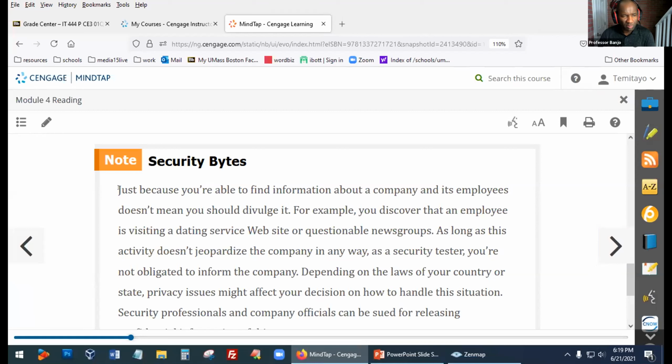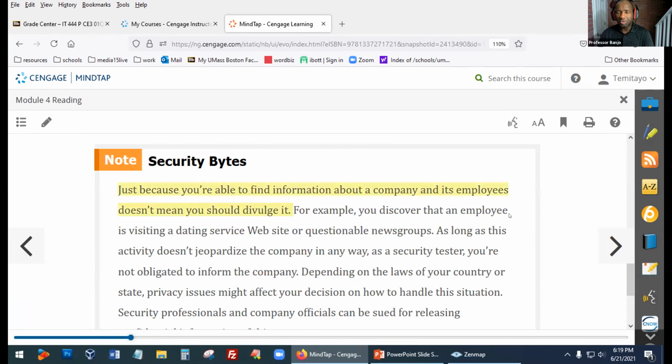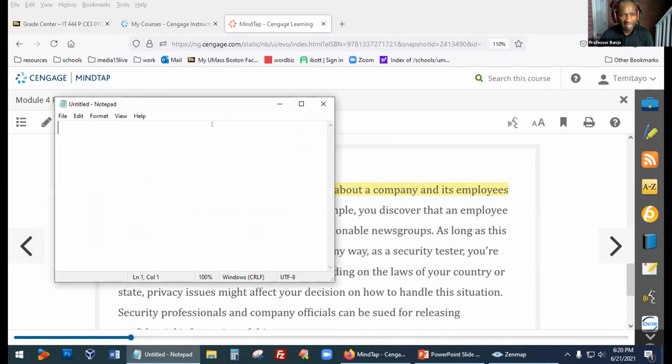So I'm sure we've talked about this before, about penetration testers and just your job in general, your security job. You're always going to find information on the job. In fact, besides security, just as an IT person, right, you're going to get information about your fellow employees just because of your job. Maybe you grab a laptop to go and fix the laptop, and this employee has all this information there. Well, I think we might have said it before. If we haven't, let me bring it up here again.